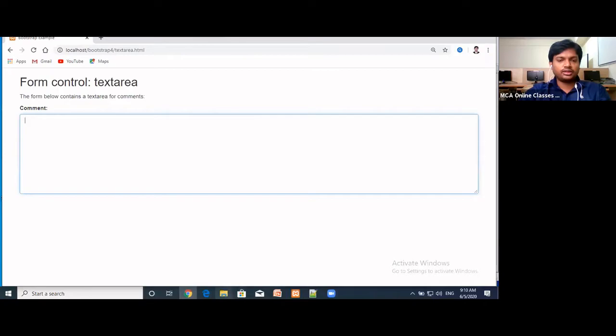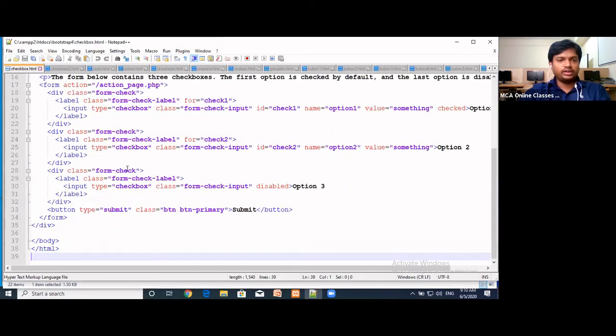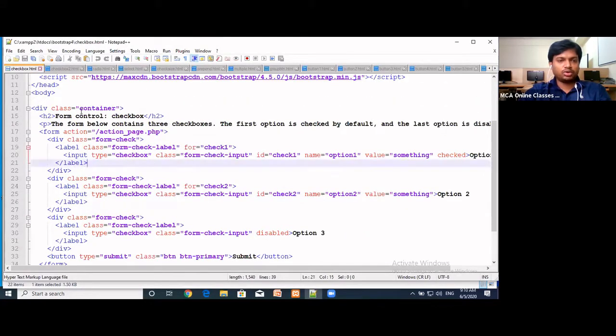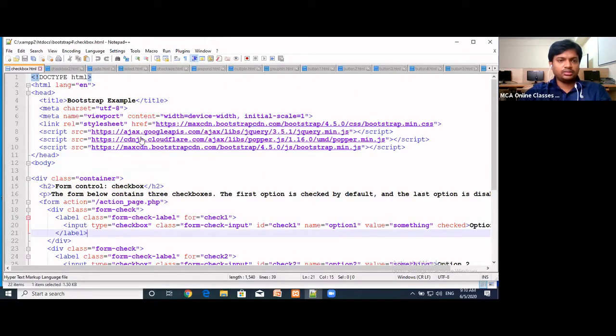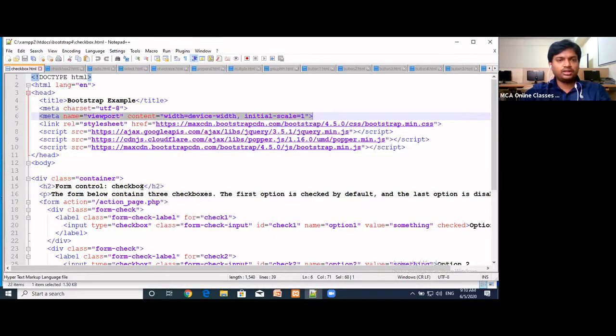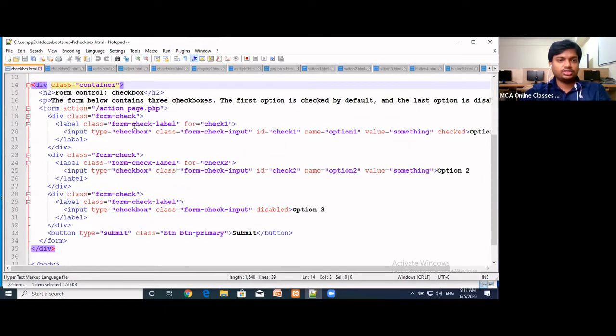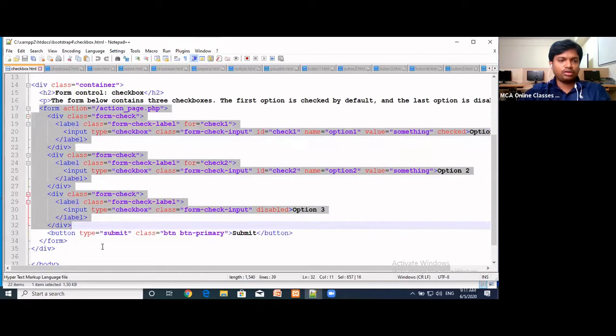Next we have the checkbox. We all know the checkbox. In Bootstrap, it is easy to provide checkboxes, and the syntax remains the same. Starting in the head section, we add the Bootstrap link files. We know that the meta tag helps the content adjust to the width of the screen. Next, we link the CSS files. Next is the container division, and inside that we can add these form elements.